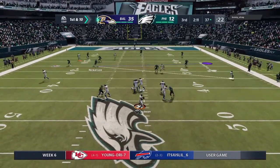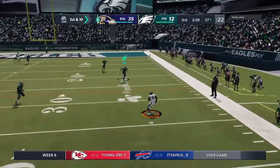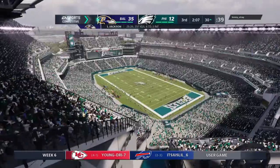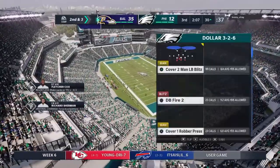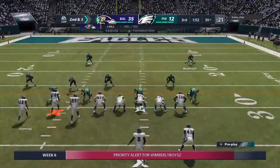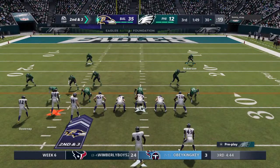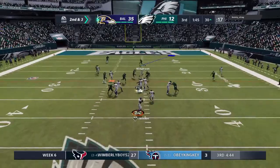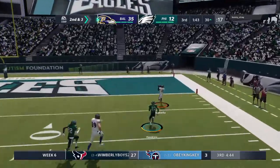Jackson on first down. Gets this one to Hill. And he'll be out of bounds as he gets it down to the 30 there. Looked like a pretty good, safe play right there. No, he's had trouble with the interceptions in this game. Hits his guy out in the flat. Yeah, so many times we hear quarterbacks and offensive coordinators talk about in your...